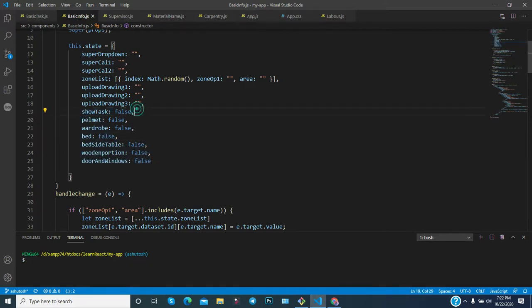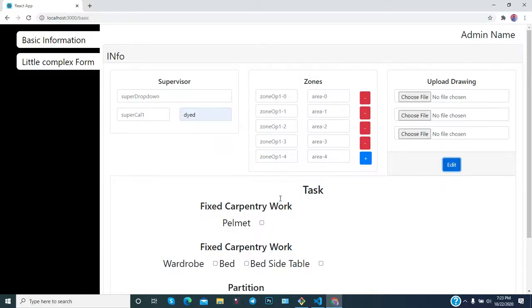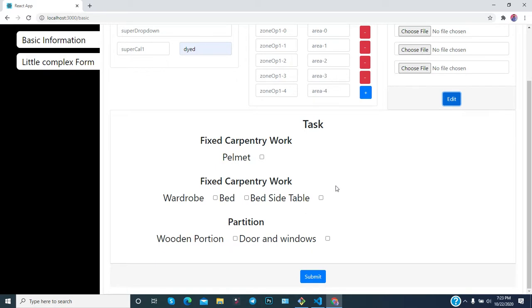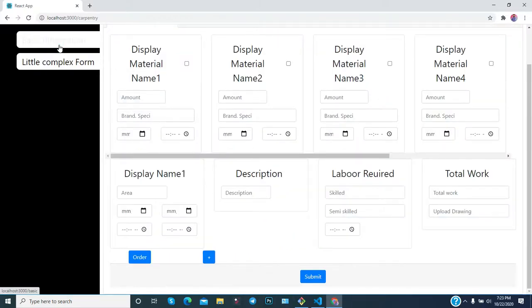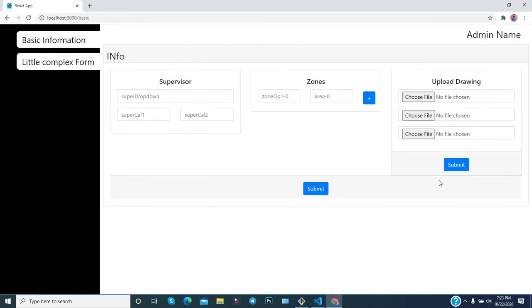Show task means we are setting the value true or false. If it is true, then we are showing this type of section. Otherwise, if it is false, then we are not showing. Initially, as you can notice, it is false, which means we are not showing. If you click this submit button, it means I need to go back to the route again. As you can see, this is the submit button.